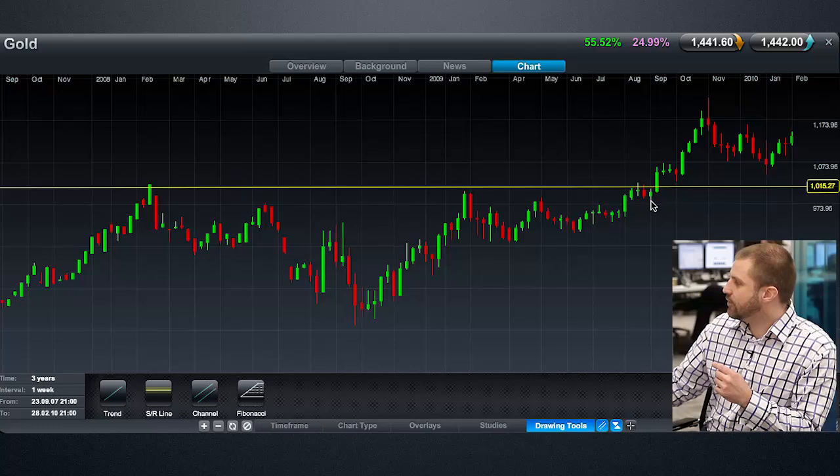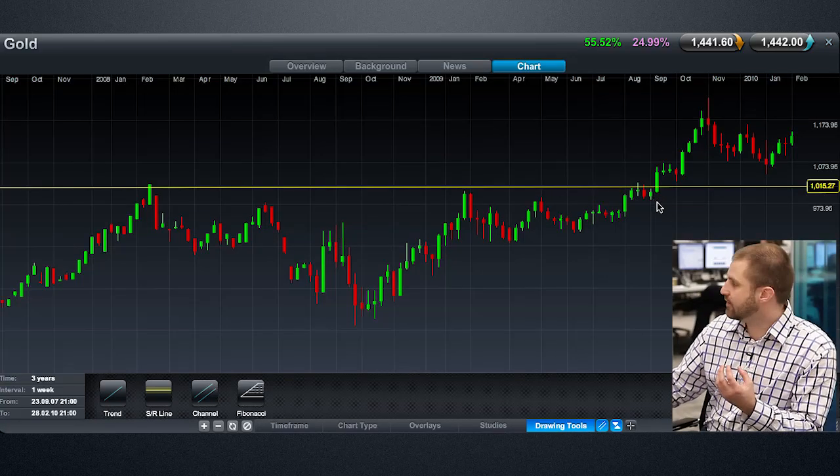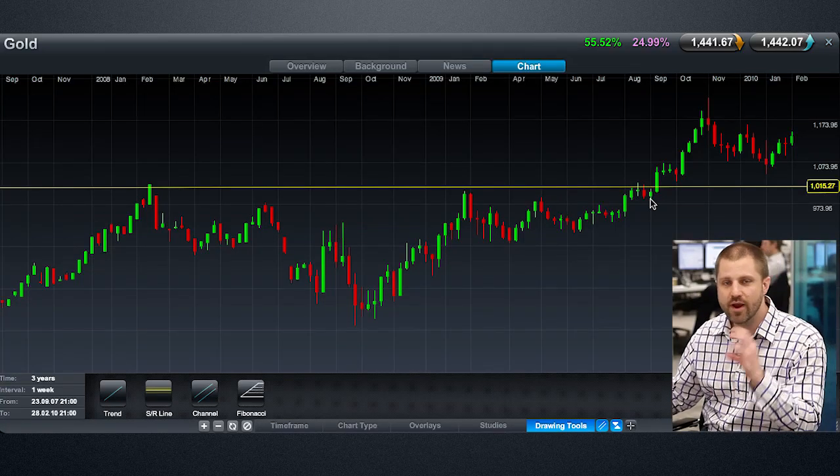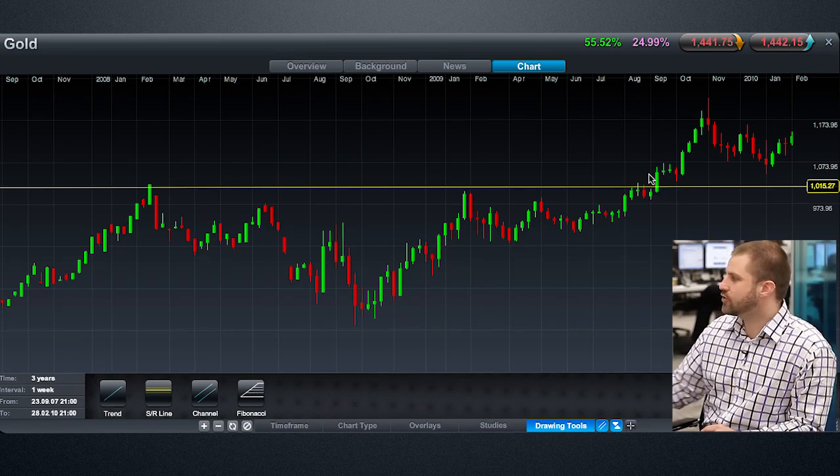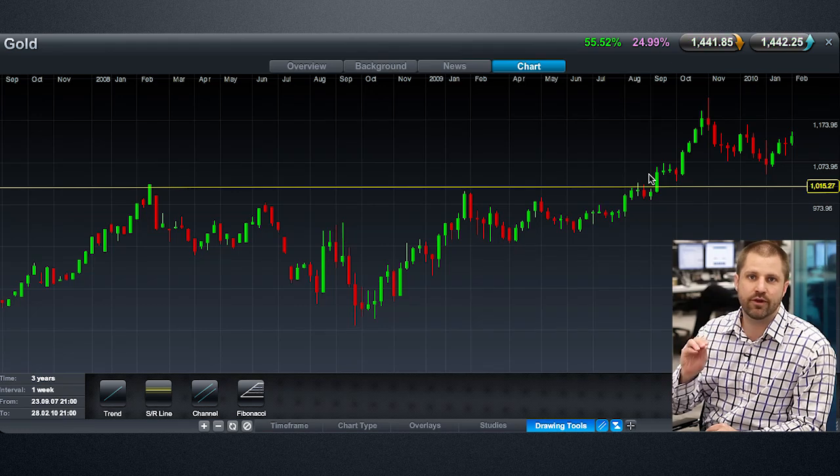The first way you can trade is that you think history will repeat itself, that once it starts to reach that resistance level, the market will say, okay, time to actually take some profit, and the market will fall. What we need to do is take a selling opportunity just below that resistance level. So trade off the bounce. Don't trade when it's approaching, trade off the bounce. But make sure that you put your risk management levels on at the same time. So make sure that you put on a stop loss just above the resistance level. So if indeed it does break out and goes above, then we make a small loss and we move on